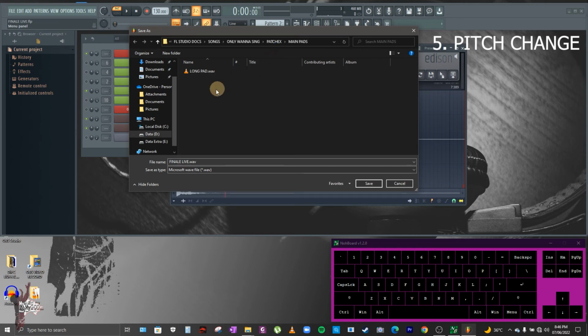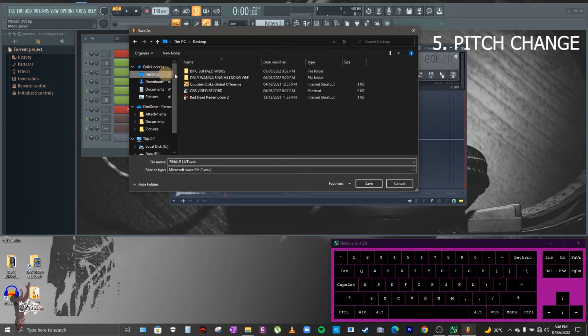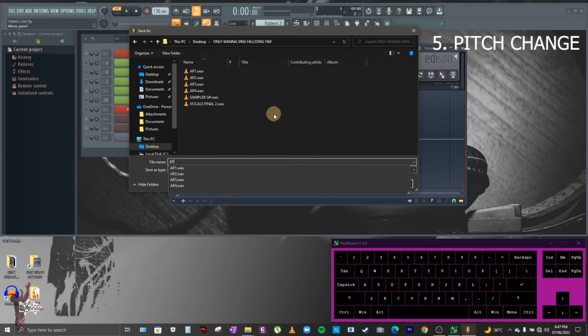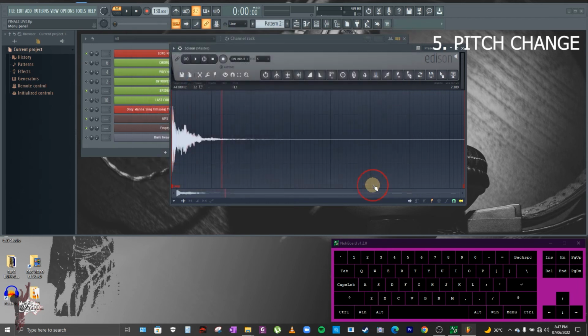Like in this case, I will just save it to desktop. Let's say for example this is AP, for example only, ASKG, AP G sharp. I'll just rename it like this, then save.